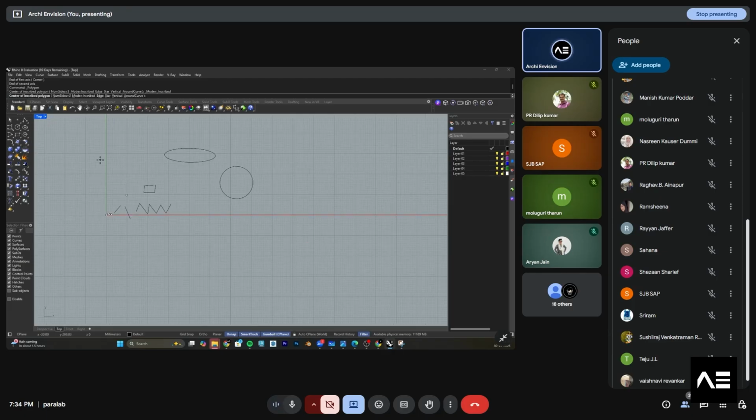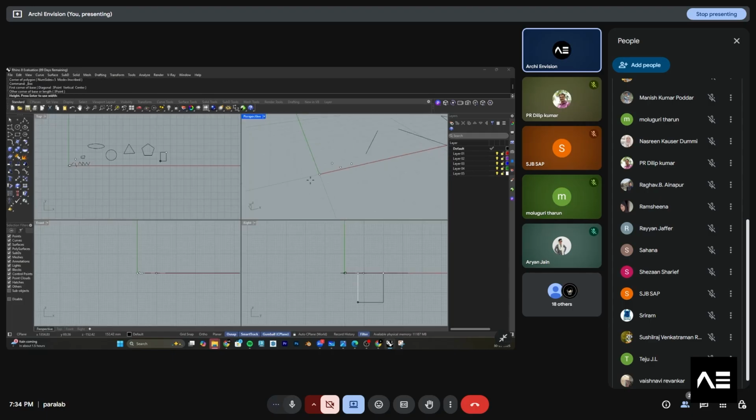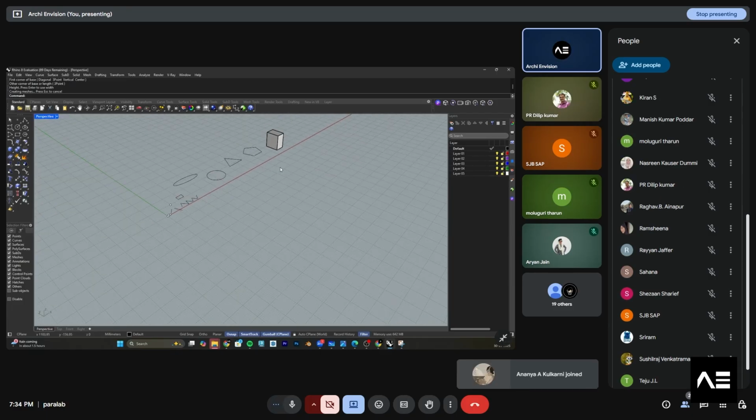I randomly pick a triangle. If I want a 5-sided shape, I click on 5 and it gives a 5-sided polygon. I also randomly click 3D objects, going from perspective to top to perspective and making them. We just try to randomly create forms. We started with the point and we move on to the line.